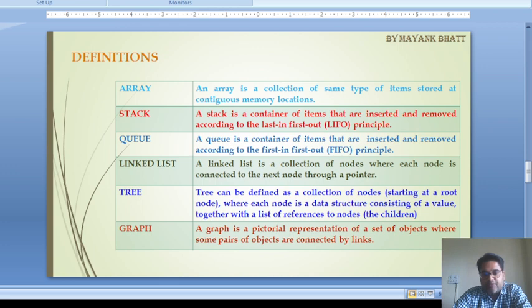Now the fourth is the linked list. A linked list is a collection of nodes where each node is connected to the next node through a pointer. If you look at an array, in an array there is a sequence. The structure is sequential. If we store 10 elements, then all 10 elements are stored in a sequence. But when we use a linked list,